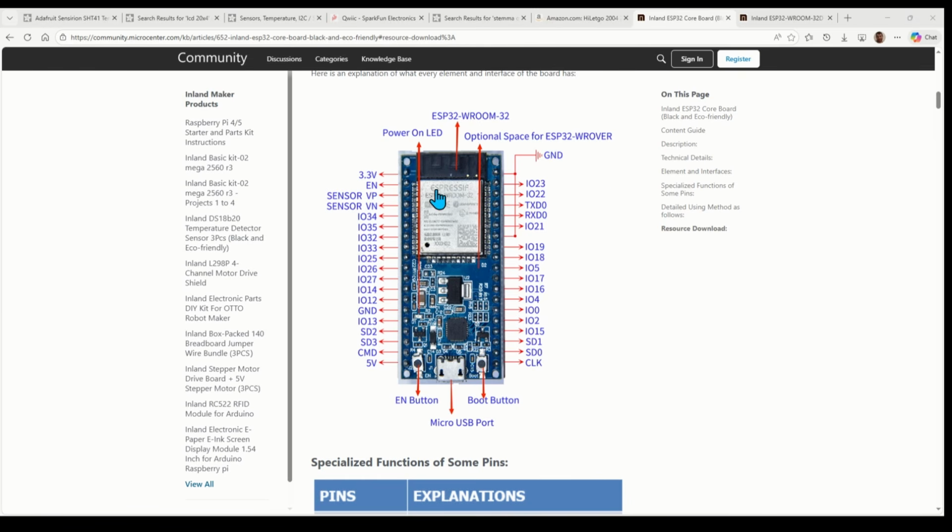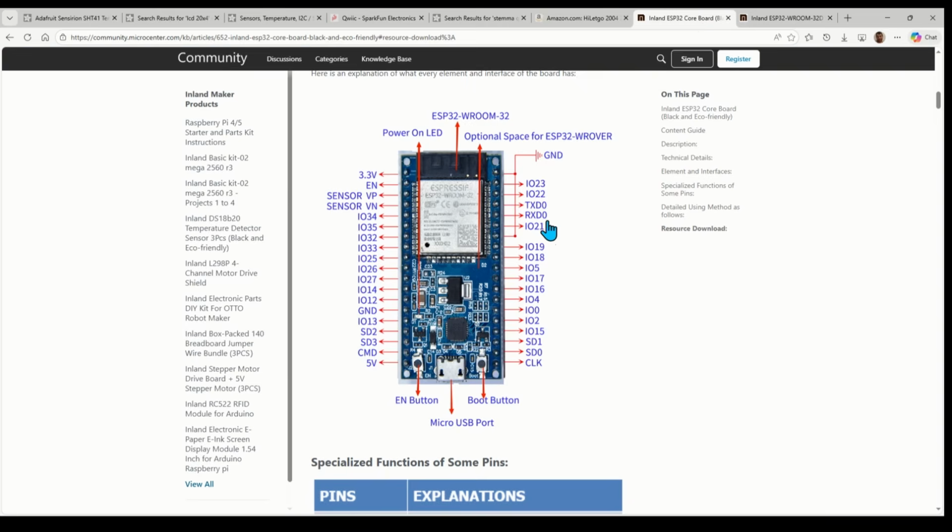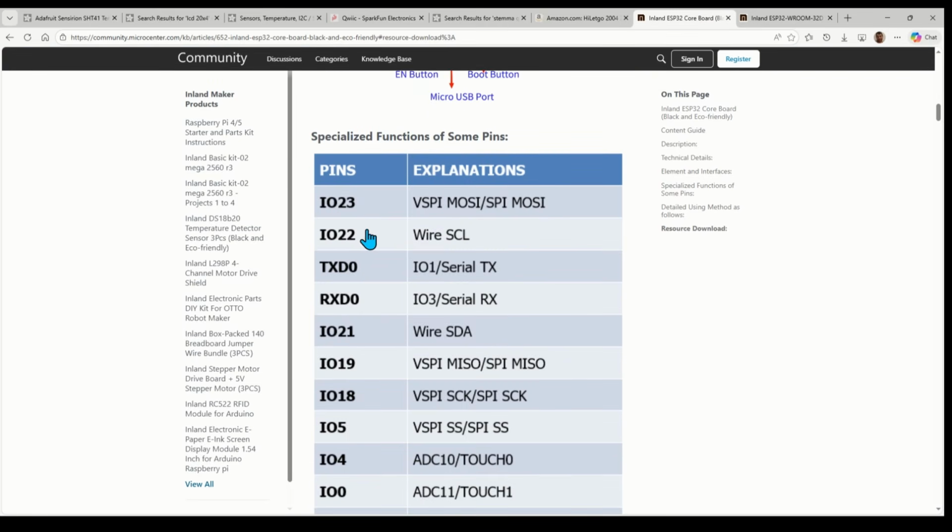It's named as such because of Espressif's ESP32 chip, which has Wi-Fi and Bluetooth on board. It's about 10 years old now, but still packs quite a punch. And you can get it from Micro Center for a whopping $8. In this project, we're going to be using pin 22 for the I2C clock line, pin 21 for the data